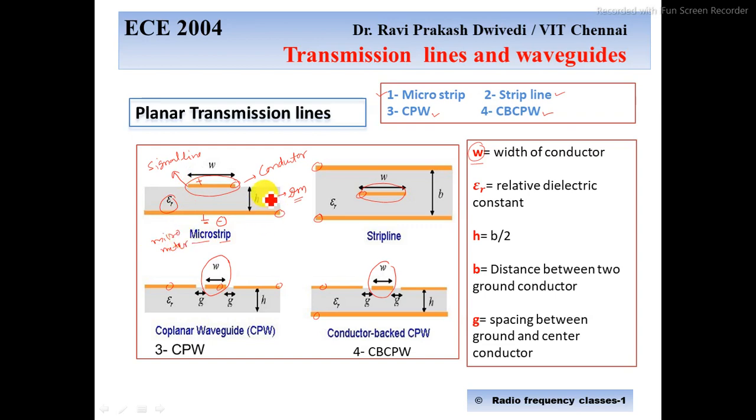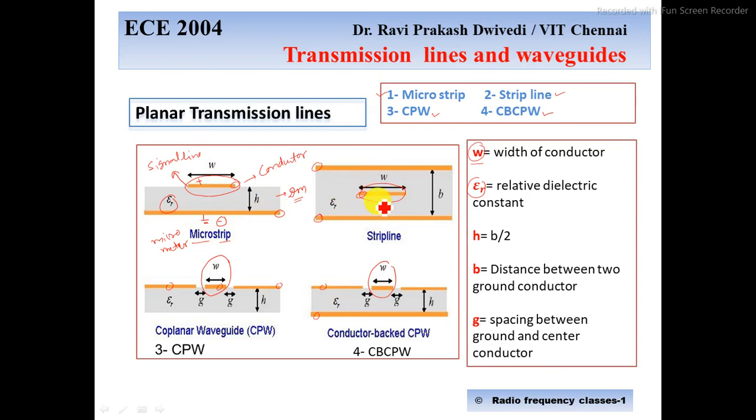And this one is a ground separated by a certain height. Whatever kind of material we are using, like FR4 or epoxy or any other materials, it has a certain relative dielectric constant denoted by epsilon r. It plays a major role while designing. We have to see how to calculate epsilon r effective, and what will be the effect while calculating the width or length of the particular transmission line, whether it is a microstrip line, a strip line, a CPW, or a conductor backed CPW. Okay, so all these things are there.